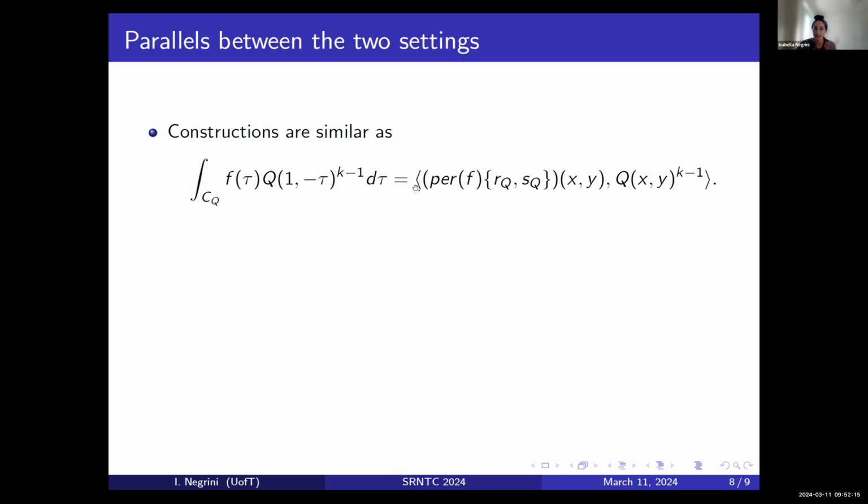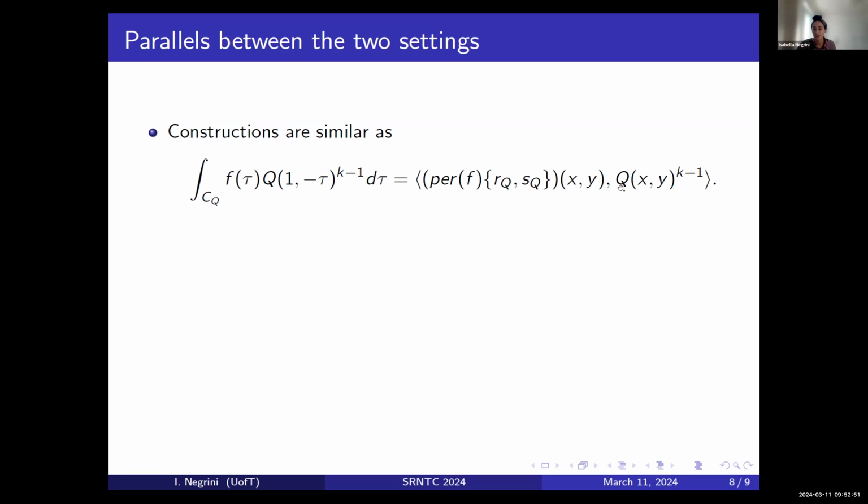can rewrite it as the pairing between Q and, okay, this would be the period polynomial of the modular form F. Because the period of F, we are seeing it as a modular symbol, okay? It would be given by integrating between a pair of cusps. Now you choose this particular pair, which are the endpoints of the Shintani cycle, okay? And you get a specific period polynomial for the modular form F.